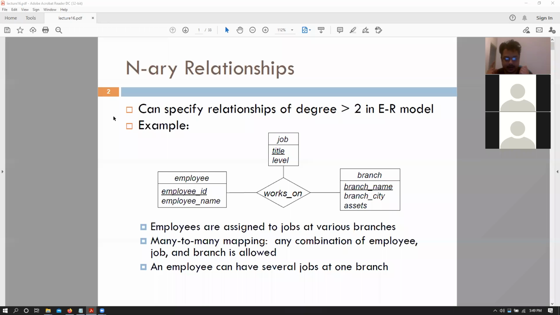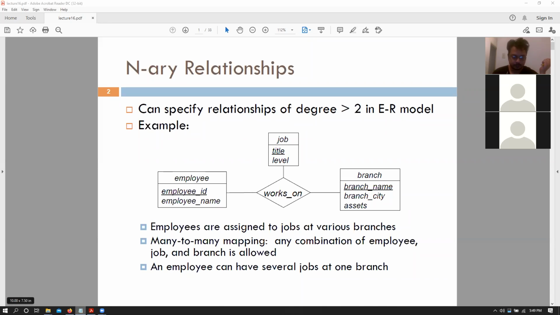So given this diagram, I'm basically saying that this is a bank data set, and I'm saying that this particular person has this particular title in this particular branch. So let's pick a name. Let's say Jonathan. There is only one Jonathan, with the same employee ID. So Jonathan works in New York as a manager. We can represent this, right?